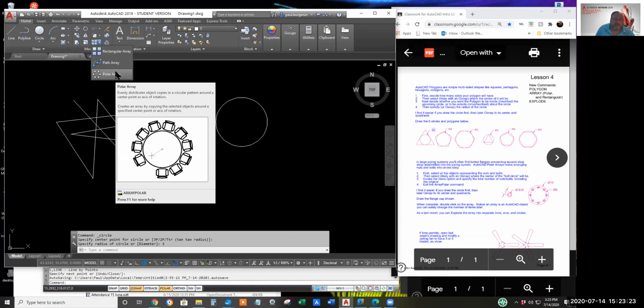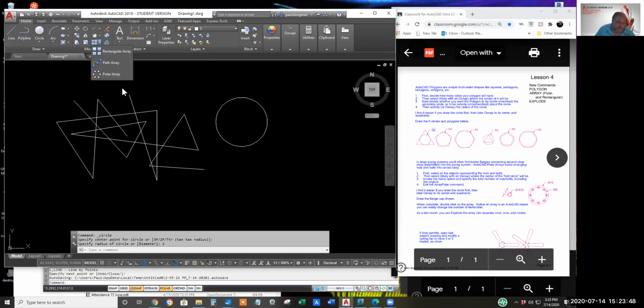Old biplanes used to have radial engines with an odd number of cylinders. And of course, flanges in piping have, I don't know how few, maybe 4 might be the smallest number. But like a gun turret on a battleship might have 50 hex head bolts holding it down to the deck. So just make one bolt and replicate it with this polar array command.